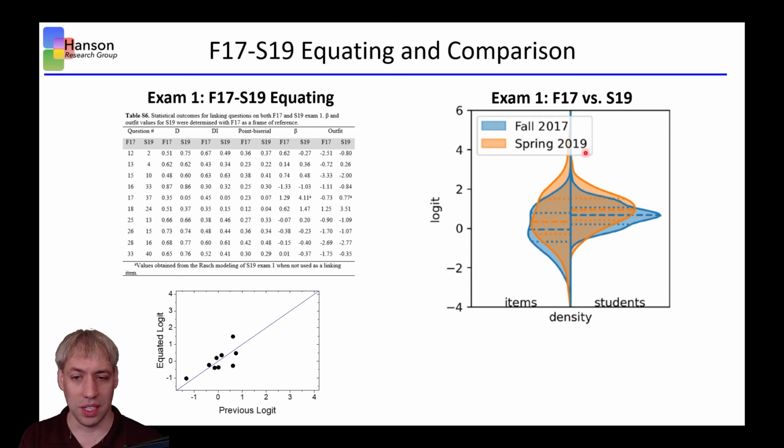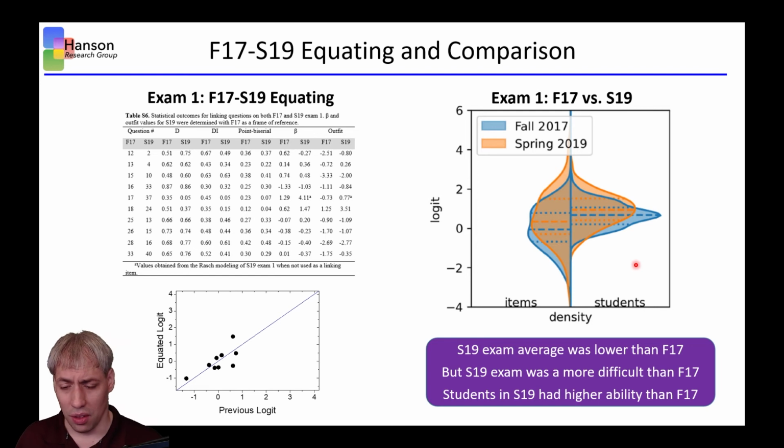And so fall of 2017 versus spring of 19, you can see the difficulty was higher in the spring of 2019. In the fall of 2017, it was an easier exam, but the students had higher ability in spring 2019 versus fall of 2017. And so although the exam average was lower in spring of 19, it should be because the question was more difficult, but overall the students had a higher ability in spring of 19 than they did in fall of 17. And so this is why comparing using linking questions is so important,